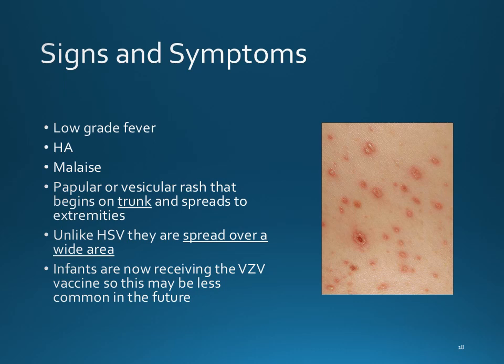A papular or vesicular rash. So it'll either look like a vesicle, meaning it's got fluid in it, and that's for the ones that didn't take second block. So a vesicle has fluid in it. A papule is a little cyst that doesn't have fluid in it. Okay, so it'll show up as either of those. Generally, it will start on the trunk and spread to the extremities. I'm going to tell you that's not a hallmark sign because you're going to see that again on some other ones in here.